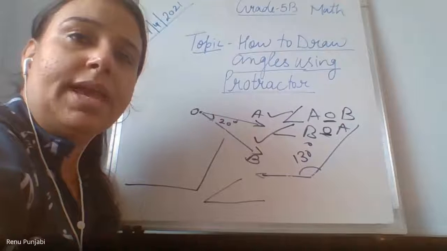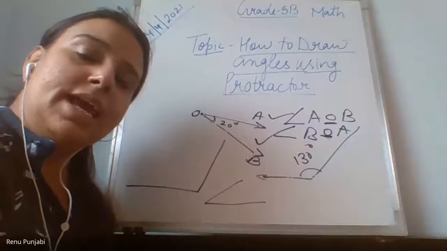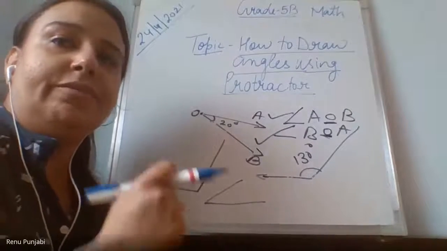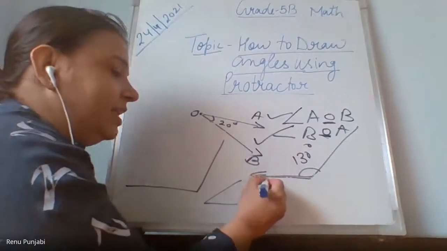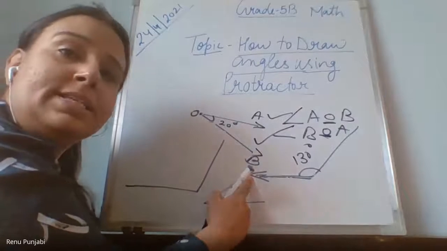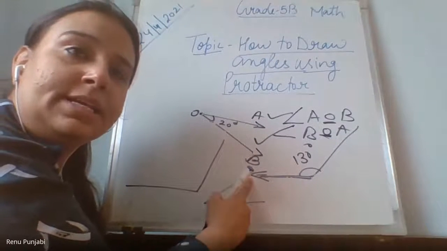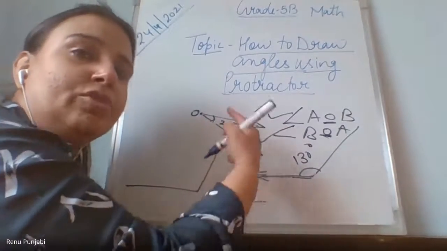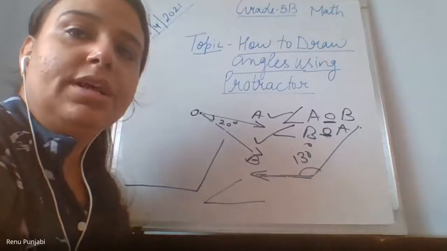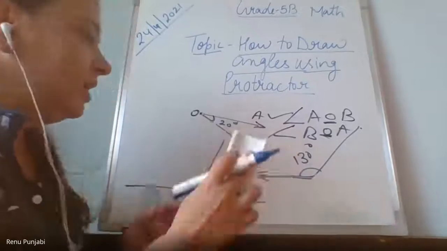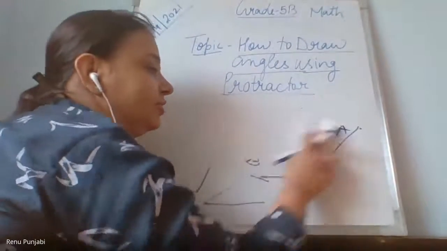Ma'am, when we measure it, we have to take 0, 10, 20, 30 like this. Yes, you have to always see, Samriddhi, where your baseline is and where your zero is. Is your zero towards the inner scale or towards the outer scale? From there you have to count 10, 20 and see where the next ray is touching. Okay. You also, please, children, draw some angles, any two angles of your choice with the scale